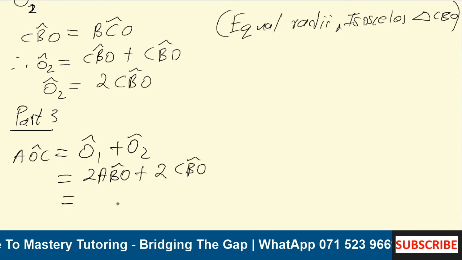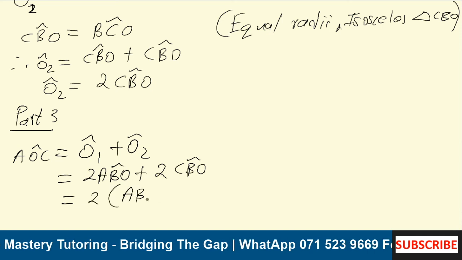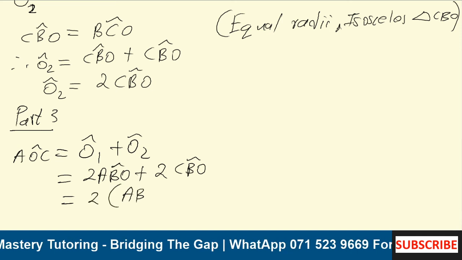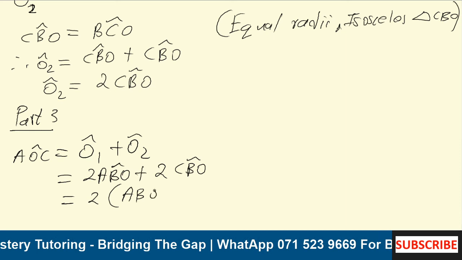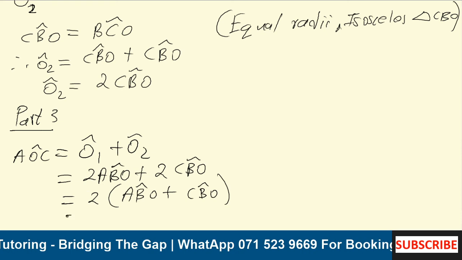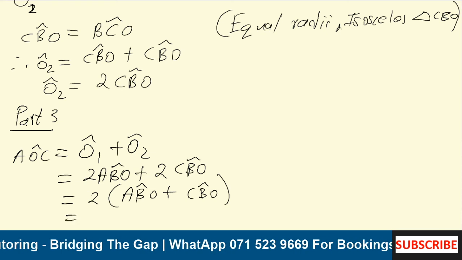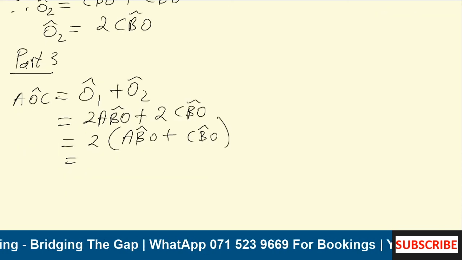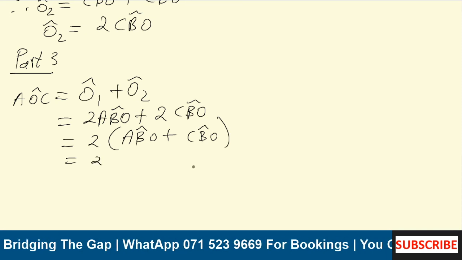We can factor out the 2 in brackets, so we have 2 times ABO plus CBO. ABO plus CBO is the same as